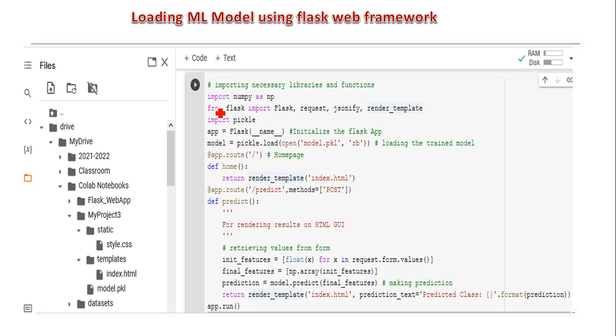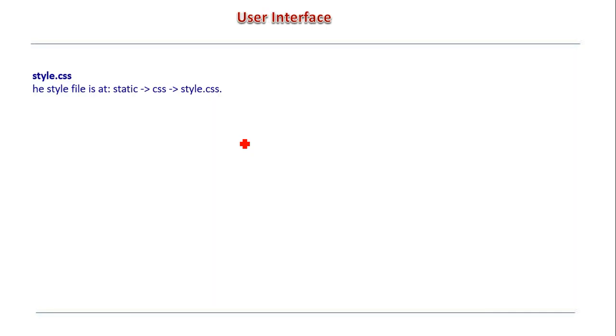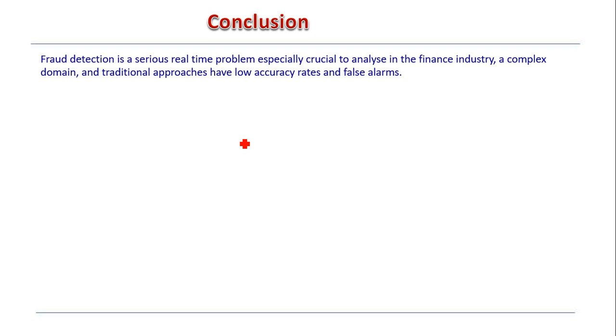This is my project which I created and deployed. This is the index.html file and CSS. Here in the tab, we need to give this value. Once we click on this, the prediction results will be displayed. So this is the way I implemented this project. This is my CSS file.